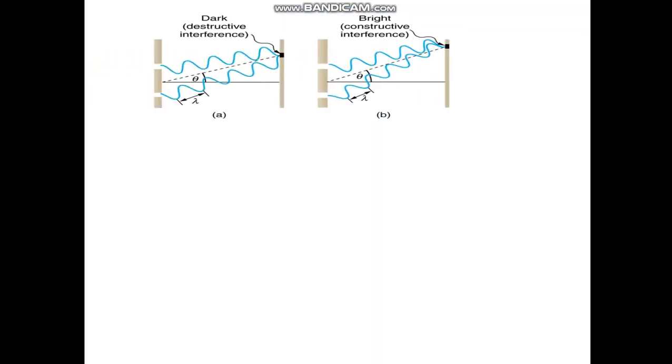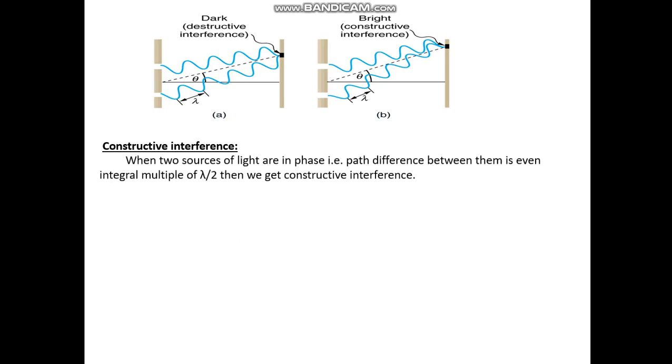Constructive interference: when two waves, two sources of light, are in phase, that is the path difference between them is an even integral multiple of lambda by 2, then we get constructive interference. Path difference is equal to 2n, where 2n implies an even number, 2n lambda by 2. So 2 gets cancelled. You get n lambda, that is n equal to 0, plus minus 1, plus minus 2, plus minus 3,